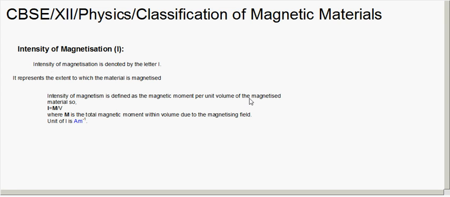This happens when the magnetic material or the specimen is subjected to a magnetizing field. Its SI unit is ampere per meter, where capital M is the magnetic moment and V is the volume. Now the next definition is